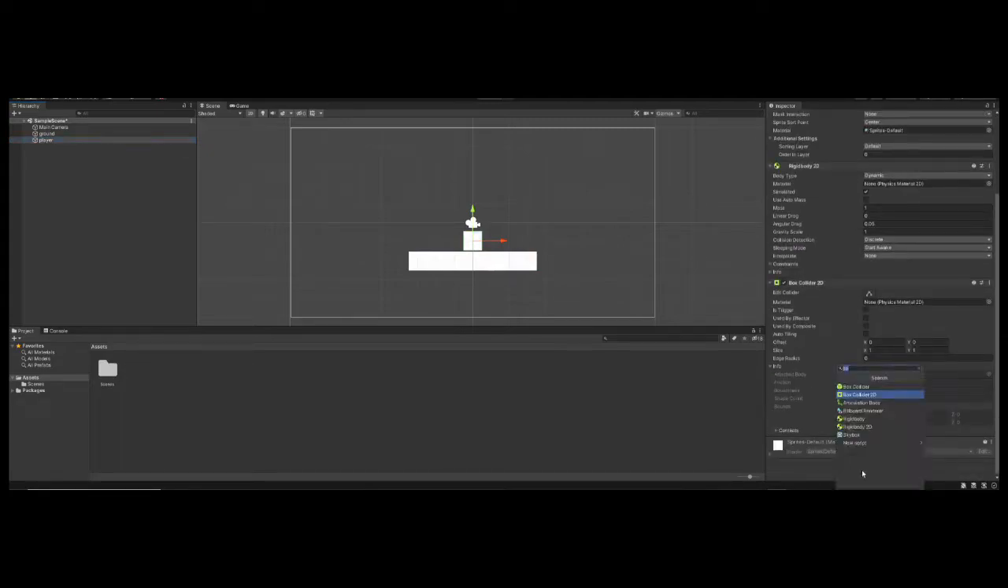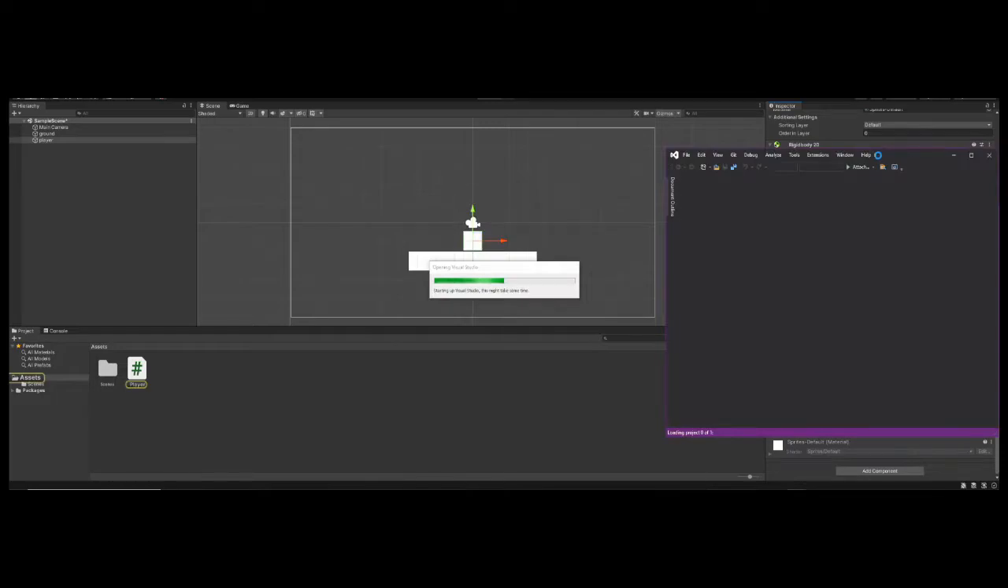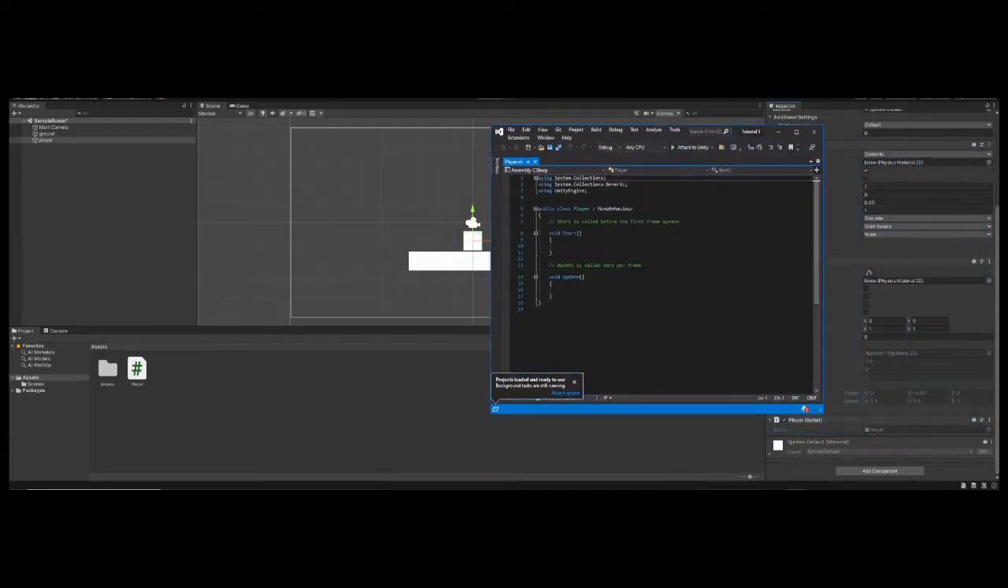Okay. So now we need a player script. So just say player and new script. Player, create and add. Now just double click this to go into Visual Studio. If you don't have Visual Studio, you can also use any text editor. Alright, once you're in Visual Studio, get rid of the void start and say public